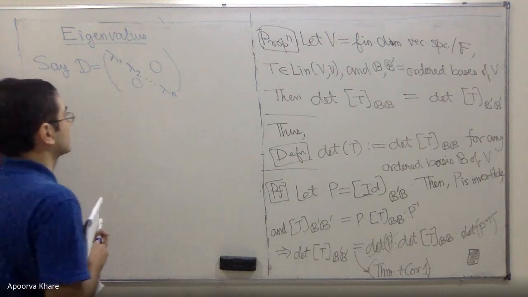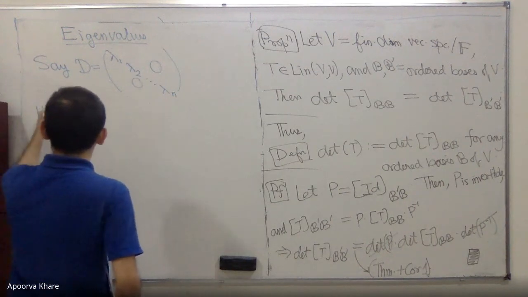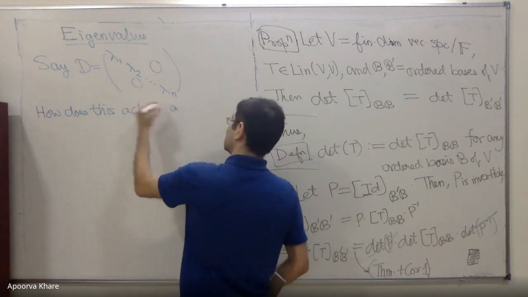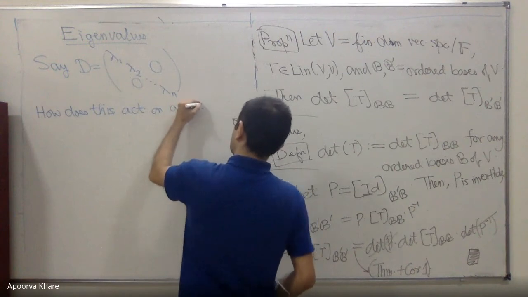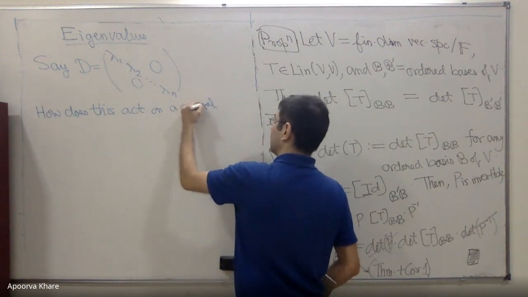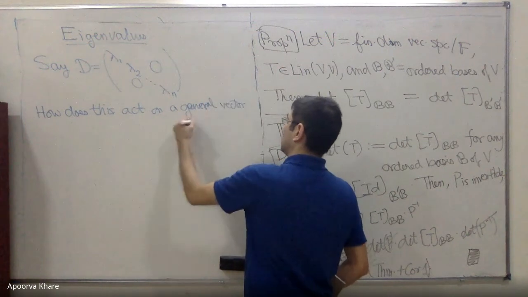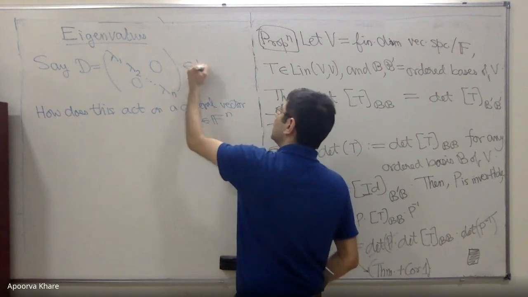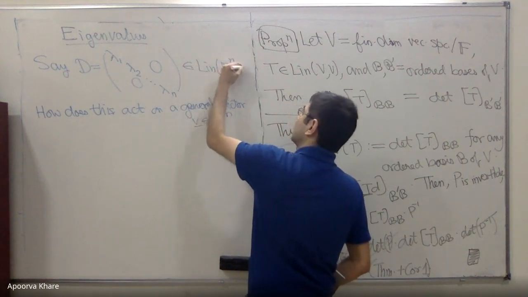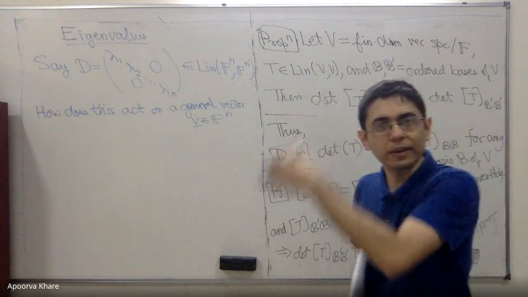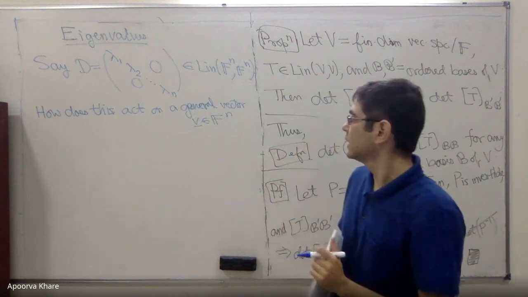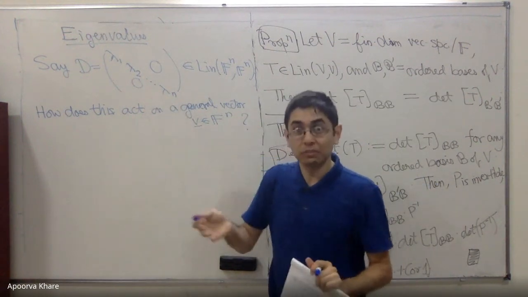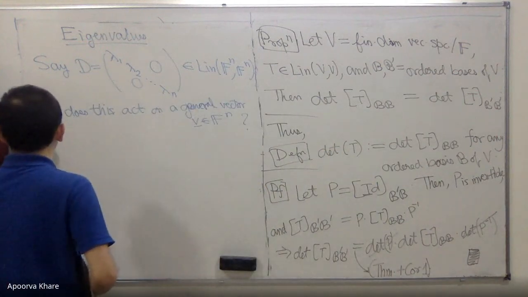How does this act on a general, or arbitrary, vector? Remember, this is a linear transformation. This belongs to Lin(F^n, F^n). You multiply by a vector with n coordinates, you will get a vector with n coordinates. How does this act on such a vector? And the point is, because this matrix is so nice, we can actually give an explicit formula. Answer: